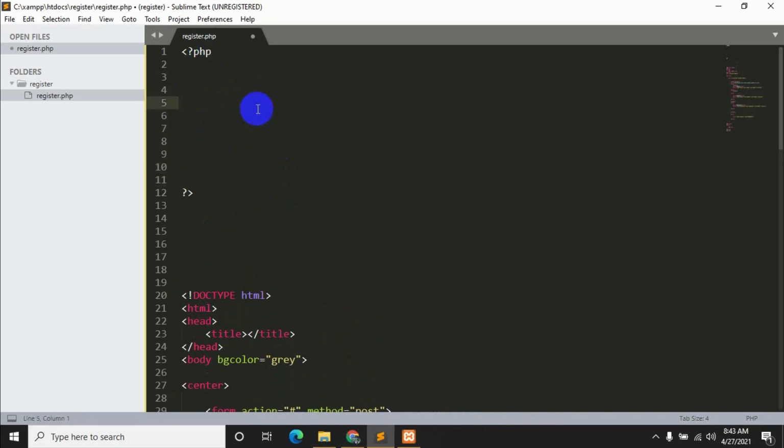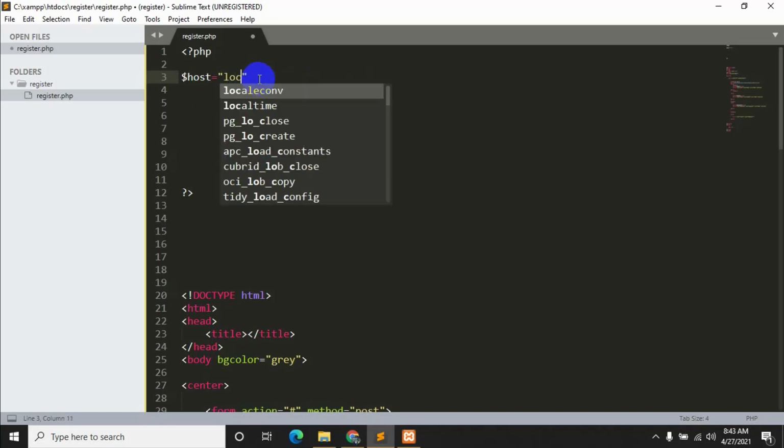So first of all we need to connect our page to the database. Now in order to connect to the database, we need to say like this. We first say $host is equal to localhost.